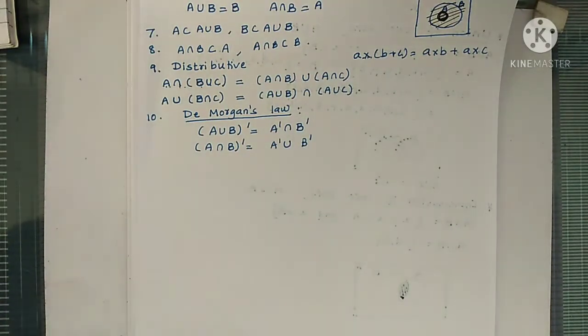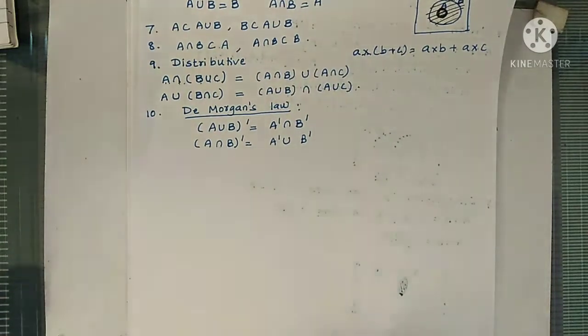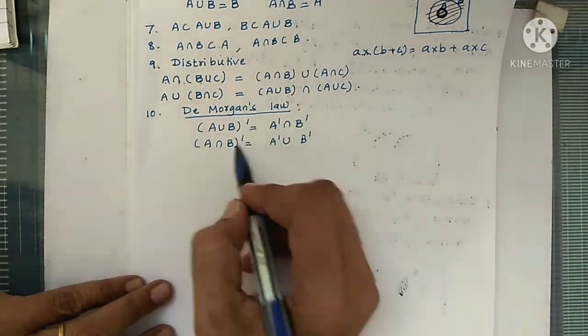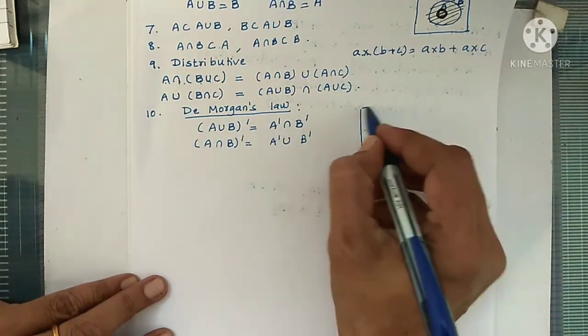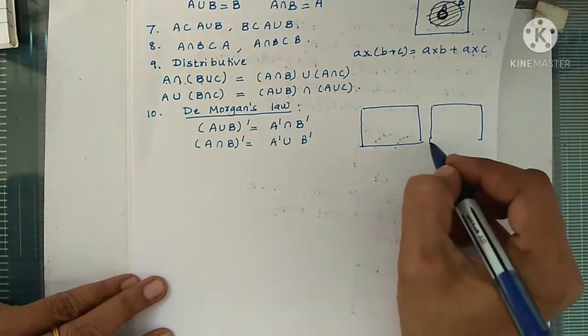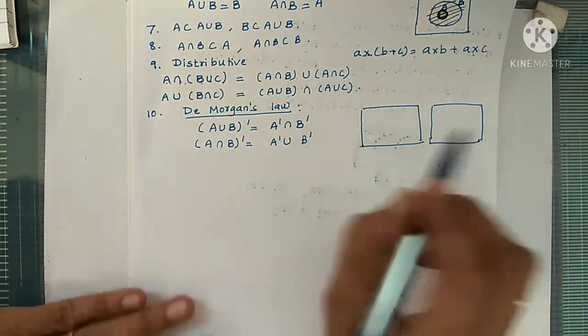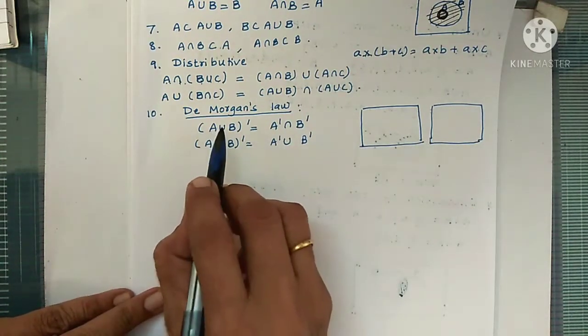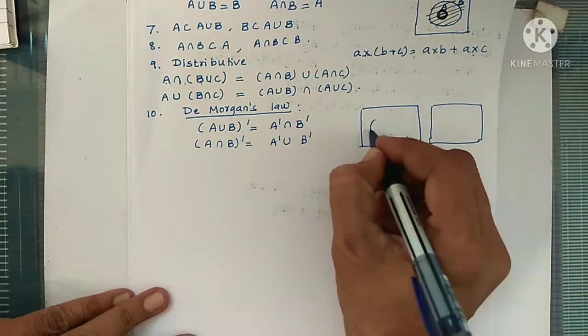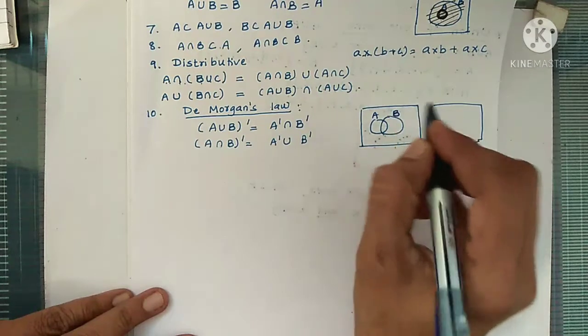So we are not writing the proofs, we are just following these properties, the distributive property and De Morgan's laws. You can verify those properties using a Venn diagram. So let's verify the first one. The second one is your homework. So the verification is that we have to draw the left side and right side. So first of all let's shade the left hand side, and here is the right hand side. For the left hand side what we want to shade is (A union B) dash. So first of all let's take A and B. So let these circles be set A and set B.